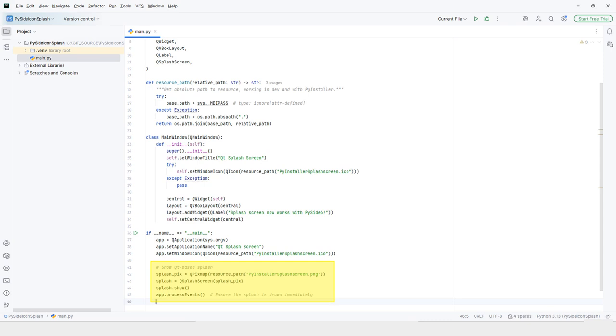Finally, there's a call to app.processEvents. This is an important detail. It forces the application to process any pending events in the queue right away, making sure the splash screen is drawn and visible immediately. Without this,